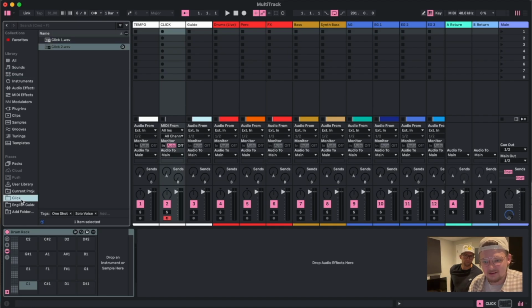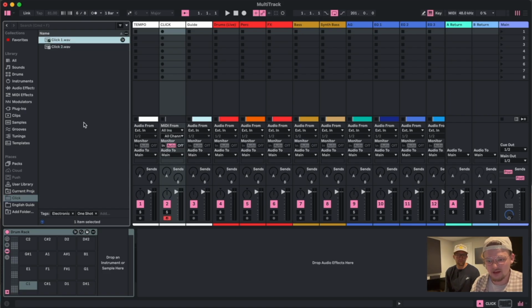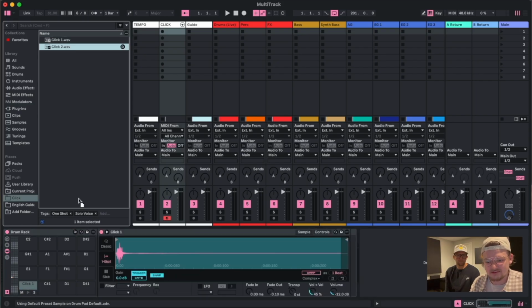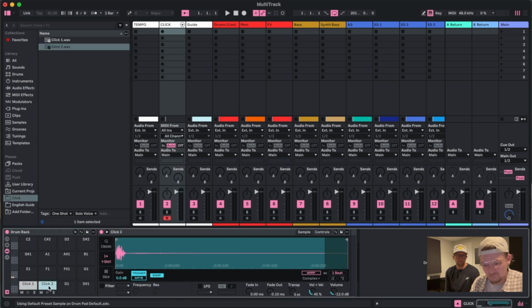I've sampled the multi-tracks click because it has both the beat 1 accent and then the three beats after that of click. So click 1 for me is the accent, so I'm going to click and drag that onto C1, and then click 2 is the rest of the click, and I'm going to drag that onto C#1. Okay, great. So now if I hit play, you can hear click 1 is the accent,